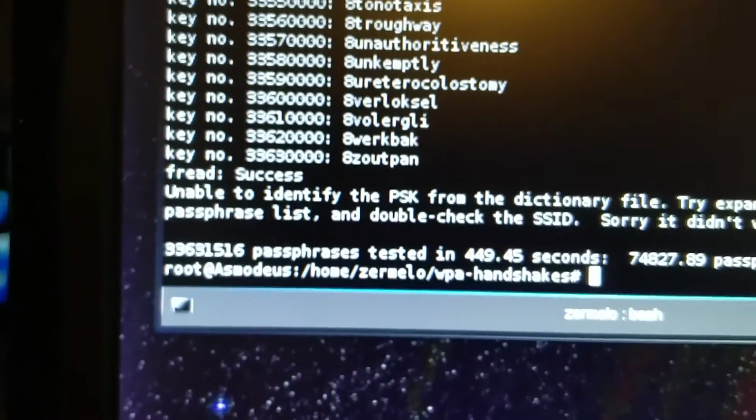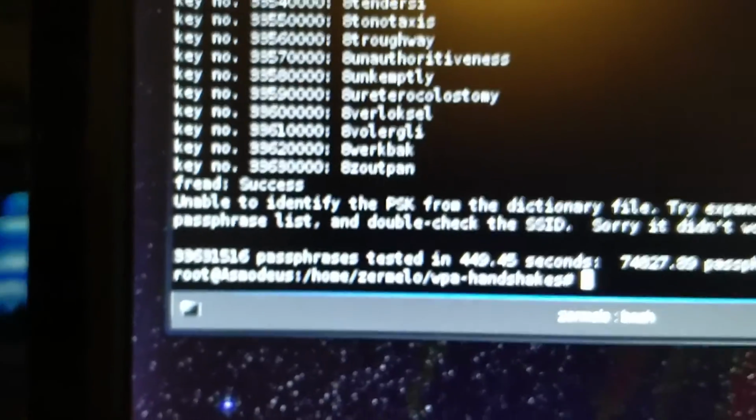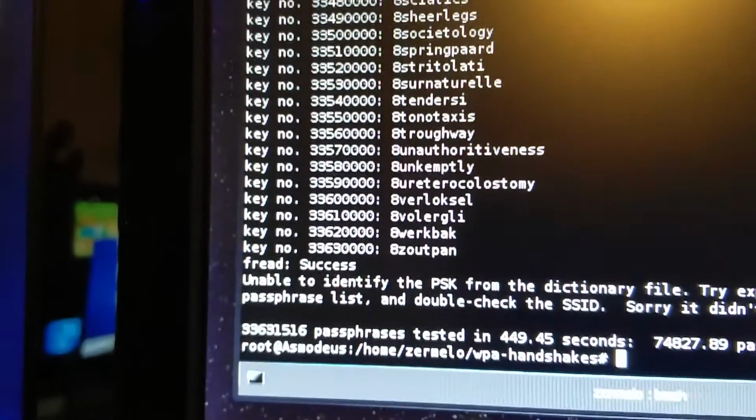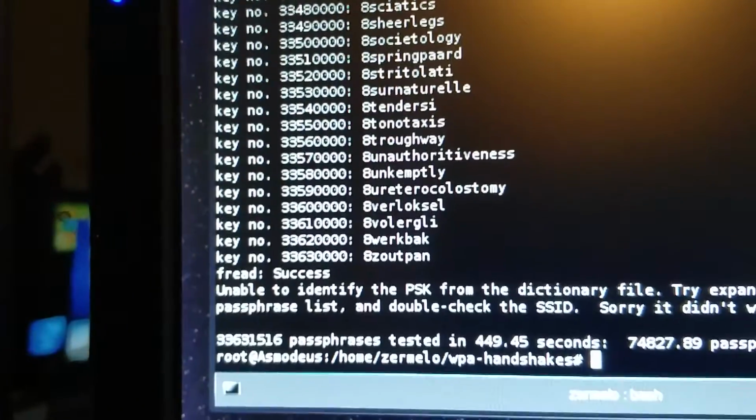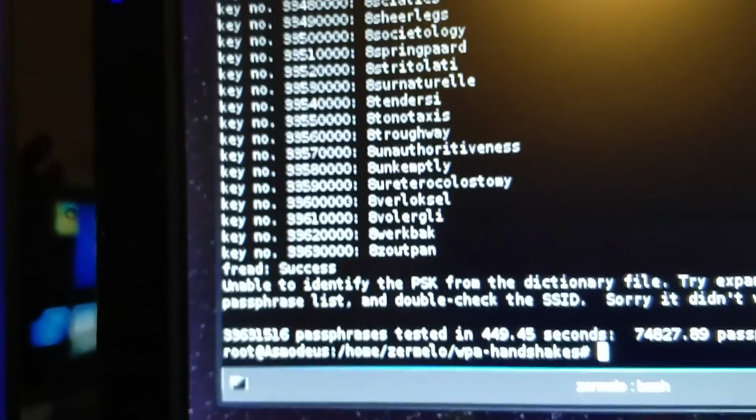If you look at what it says, it's hard to see, but it went through about 33,631,516 passphrases that it tested in 449 seconds, and that comes to about